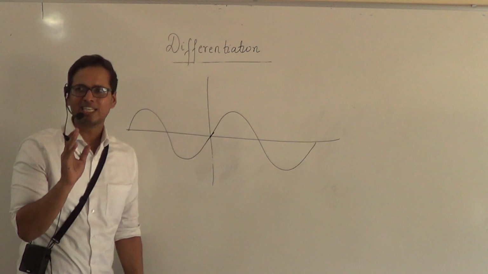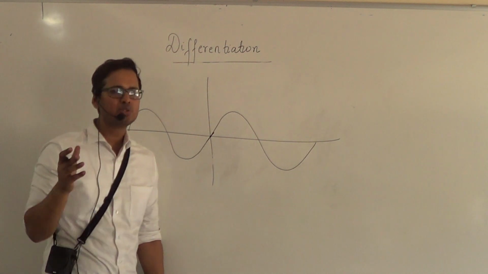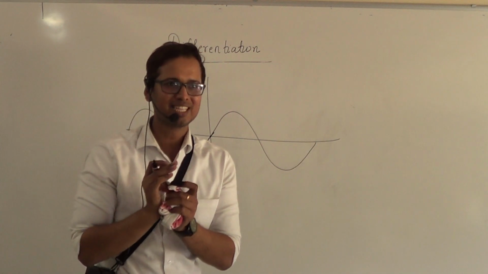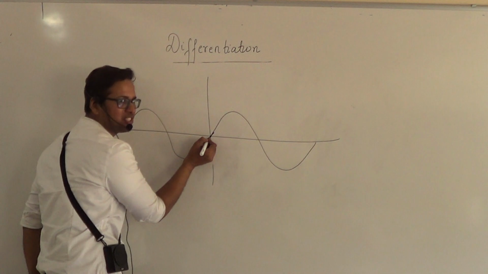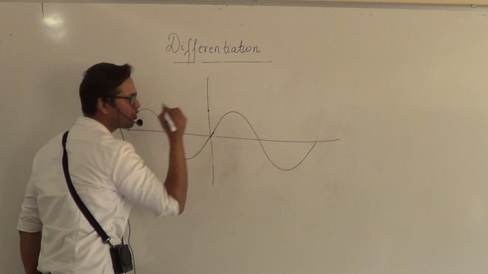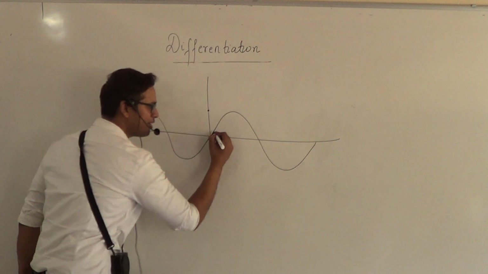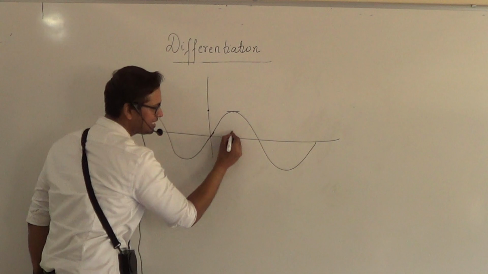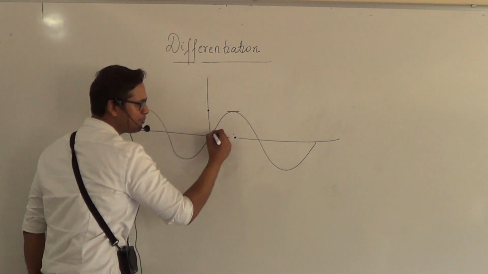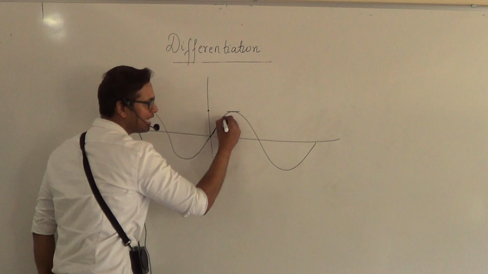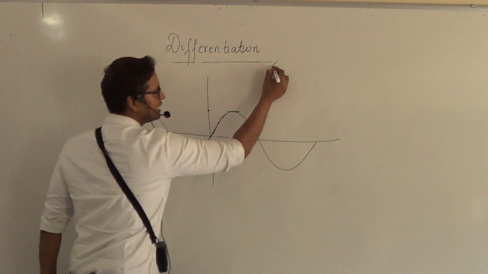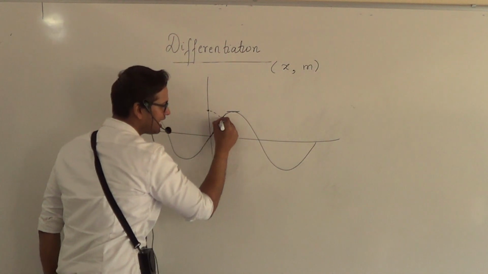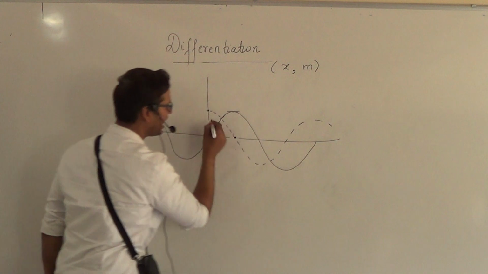Did I tell you earlier that y equals x and y equals sin x try to mimic each other when x is very, very small? Yes. So do you see the tangent here is 1? So basically if I plot a point (0, 1), then if I move forward, here the tangent will become 0. So if I keep on drawing tangents at every point and start plotting the x coordinate comma the slope, you will start realizing that the curve obtained will be that of a